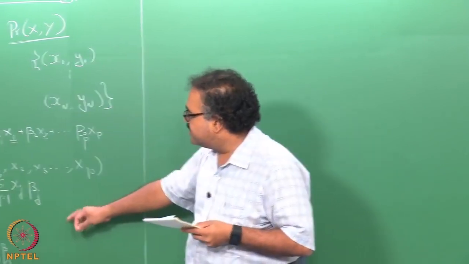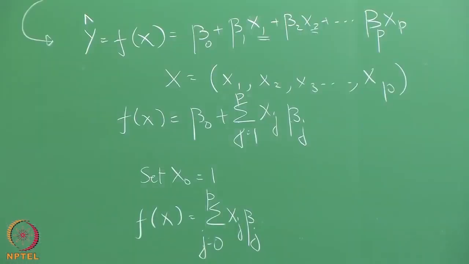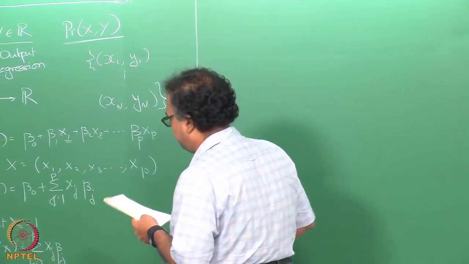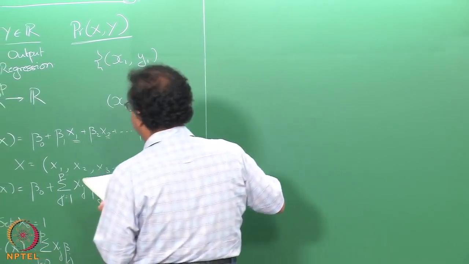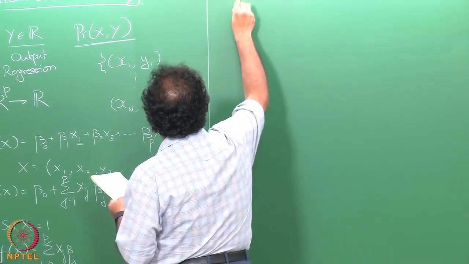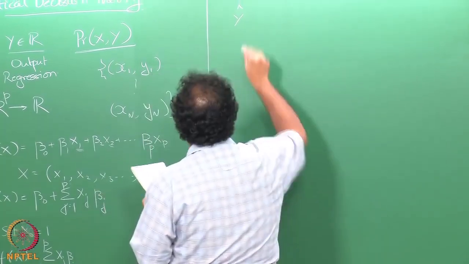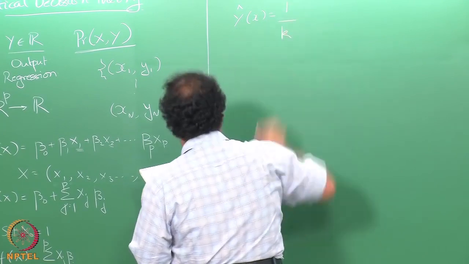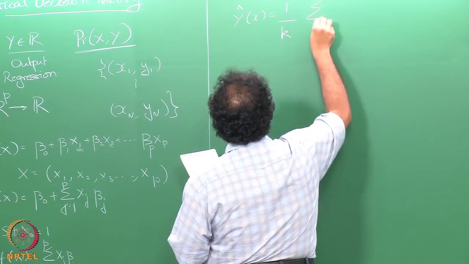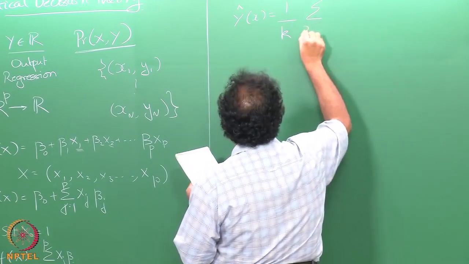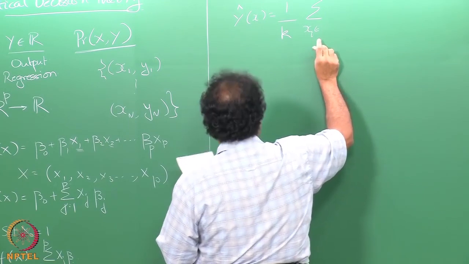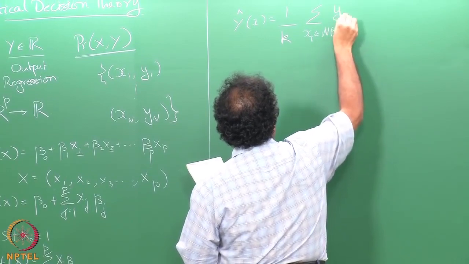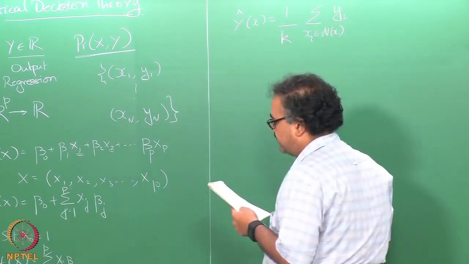Right. So, this is essentially what you do when you are doing linear regression. Another example of doing this is a very popular classifier which we will call the nearest neighbor classifier, where my y hat of x is given by 1 by some number k, summing over all xi that belong to some neighborhood of x, and summing up all the yi's corresponding to that